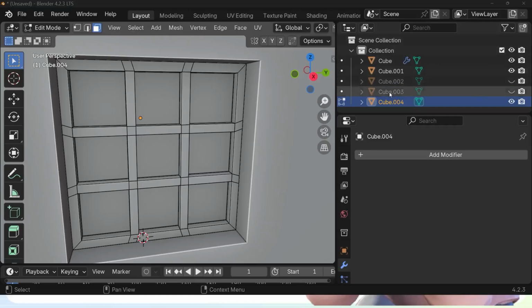Now we're waiting for normal maps. I need normal maps. But anyways,